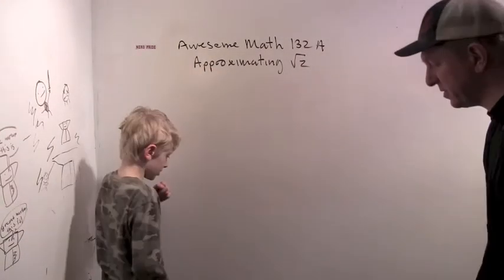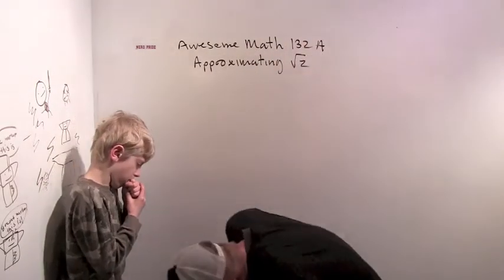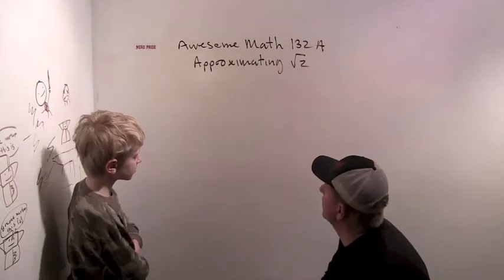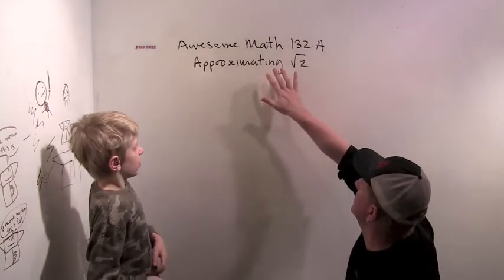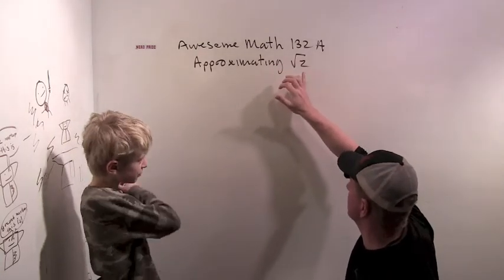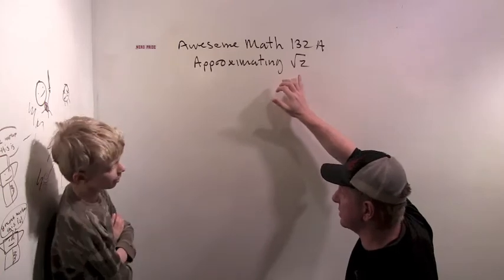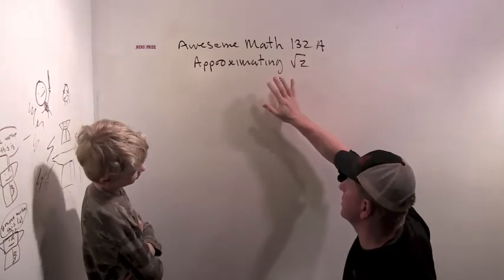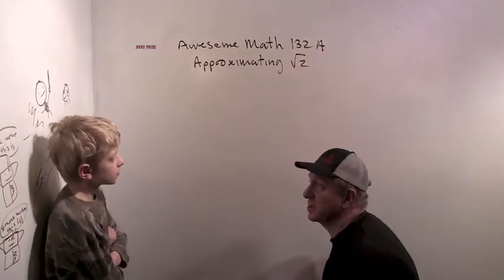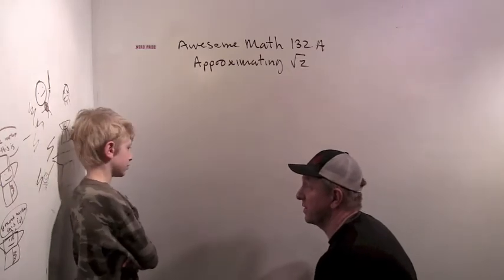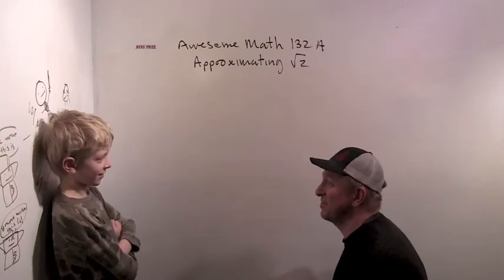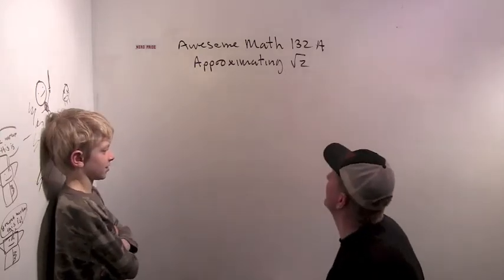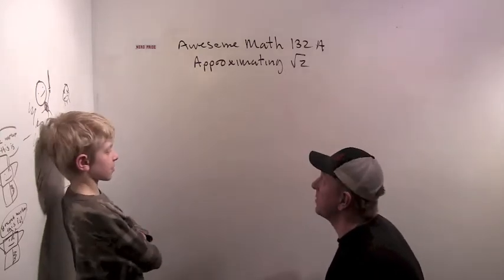AwesomeMath number 132a. So today we are talking a little bit more about square roots, and especially ones that are not integers. We did a little bit of figuring out what the square root of 2 was. And then in part B, we're going to do the continued fraction for the square root of 2. And remember Mr. Waterman's continued fraction idea? Split, flip, and wrap. Hopefully that's going to help us approximate the square root of 2. But first,